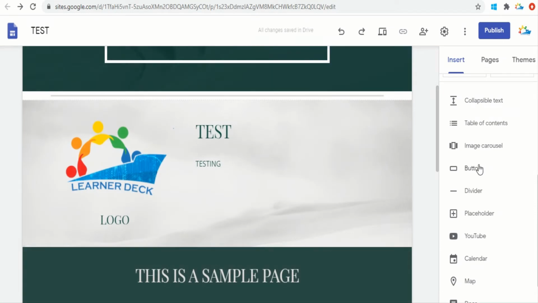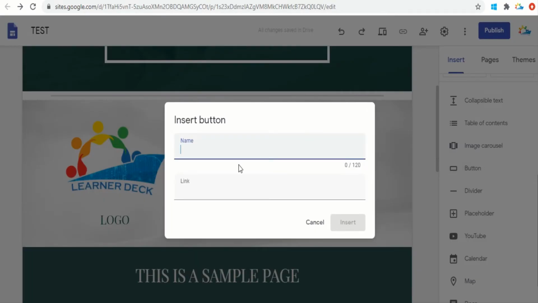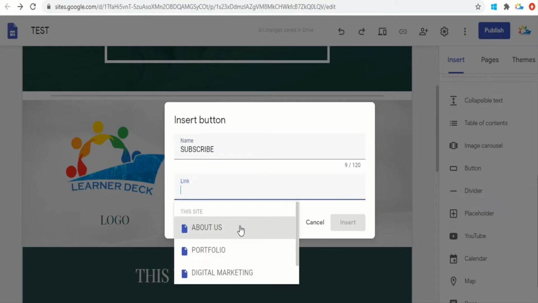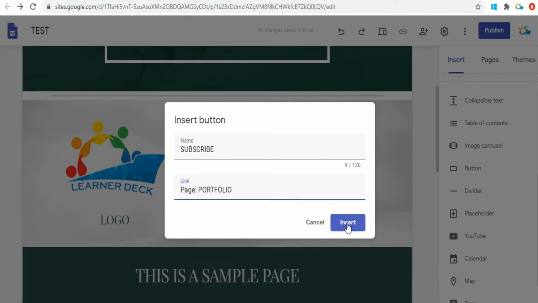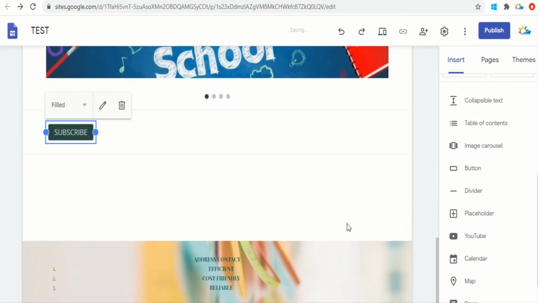Now you can also add a button. For example, if you want to insert a button, for example, subscribe. So I have added a button. If you want to jump to another website, for example, you have got a YouTube channel or a Facebook page and you want the visitor to click on this button and go to that particular page, you can definitely do that. For example, I'll say that subscribe means that you need to go within the website, and this is the app's address. I'll insert it.